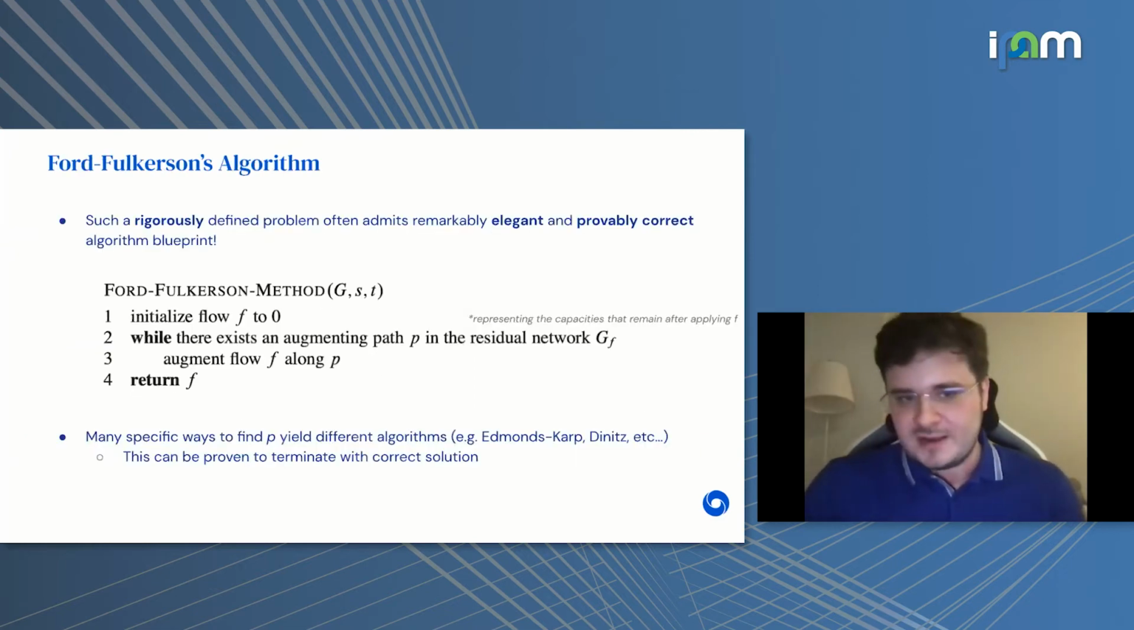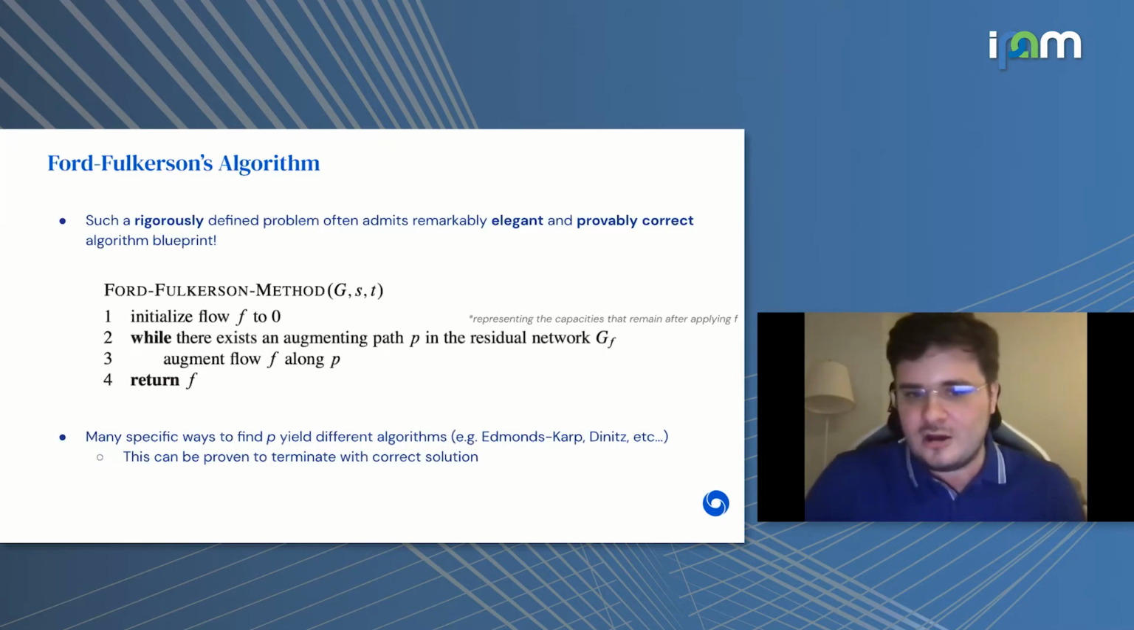Once you define a problem so rigorously and abstractly, it's very convenient because it allows us to come up with these elegant and often provably correct simple algorithm blueprints. And in this case, you know the famous method of Ford and Fulkerson, which starts with initializing the flow to 0. And then as long as I can find a path from the source to the sink which hasn't been fully filled up, a so-called augmenting path,